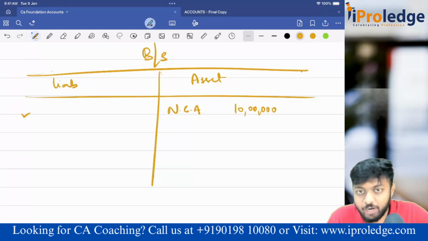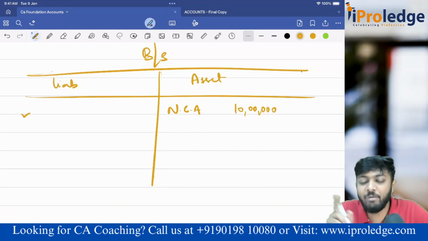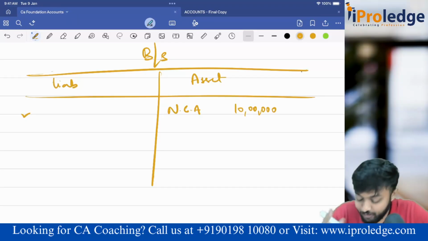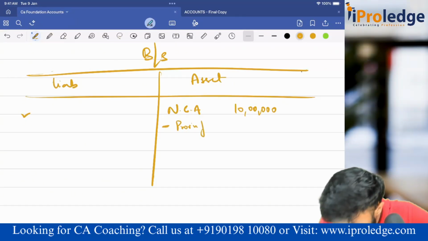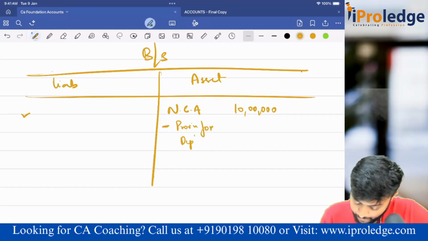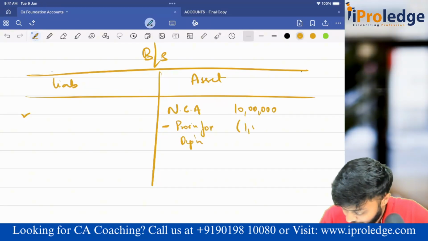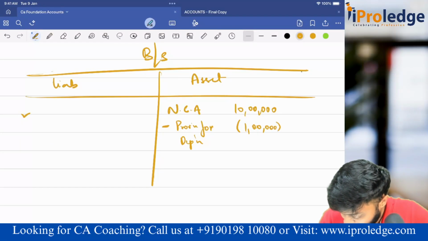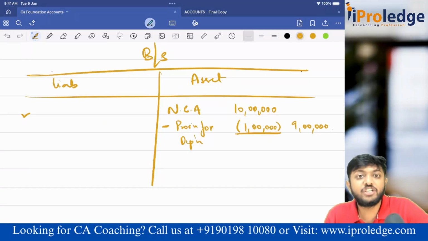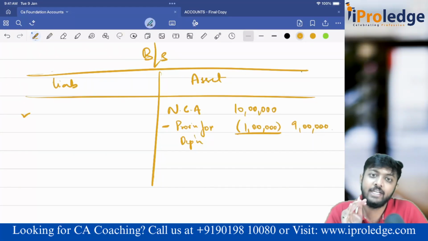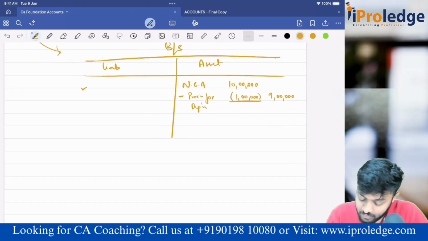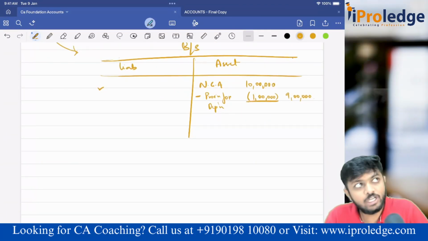So this provision for depreciation, since it has like-liability nature, should have come on the liability side, but we'll show it as a subtraction on the asset side. Guys, showing something on the liability side or subtracting the same from the asset side, both are one and the same. Now see what happened here. This is how I present it in the